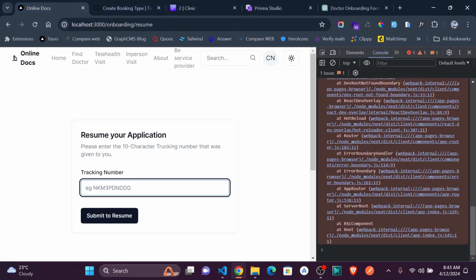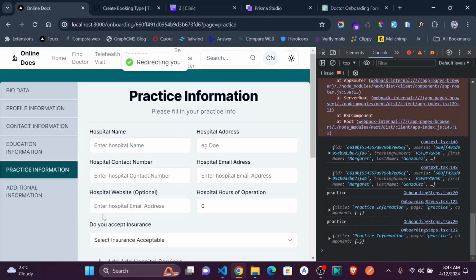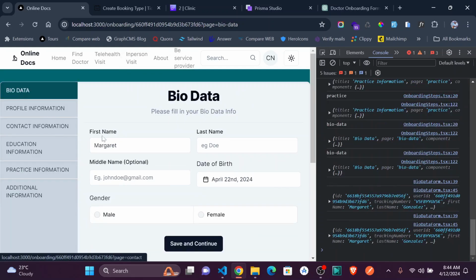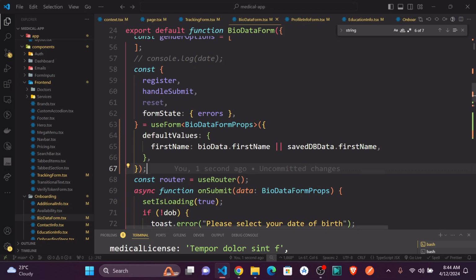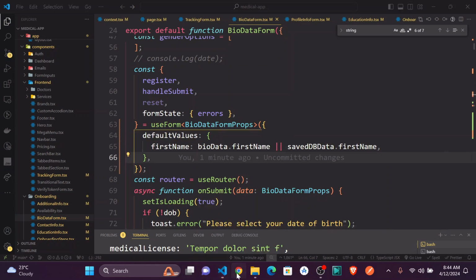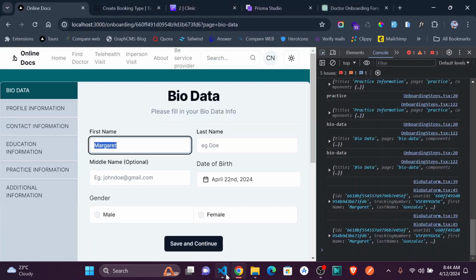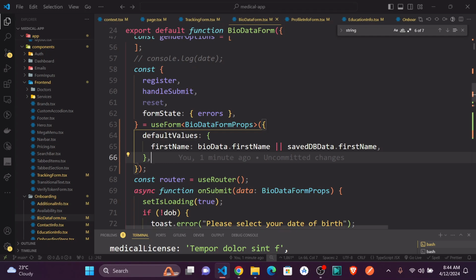I need to confirm. Okay. So when you say submit, I want to go to this. Okay, so now we have Margaret. Yeah, you can see now we have Margaret. But if we remove it and we say default values,